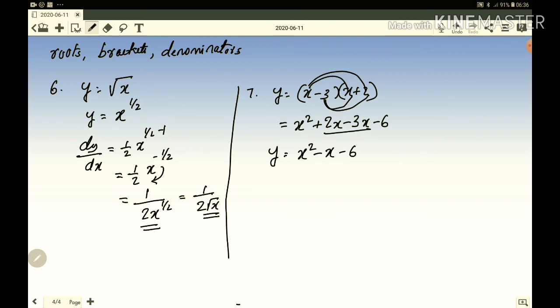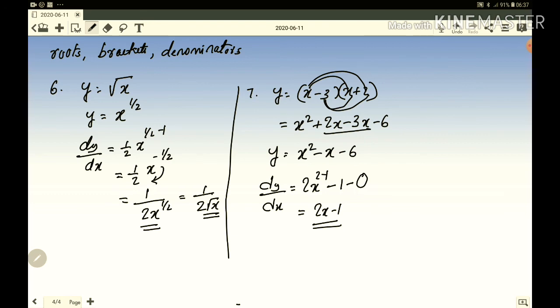See, so far I did not differentiate because I was arranging. I wanted to make it in a way that I can differentiate. Now this is ready for differentiation. So I'm going to differentiate. That is y becomes dy by dx. x square becomes 2x to the power 2 minus 1. Isn't it? Minus x, after the differentiation, is going to be 1. Just practice like this. Then minus 6 is a constant, after the differentiation 0. So the final answer is 2x minus 1. See, we are done. If it is a bracket, you have to change it and do it.